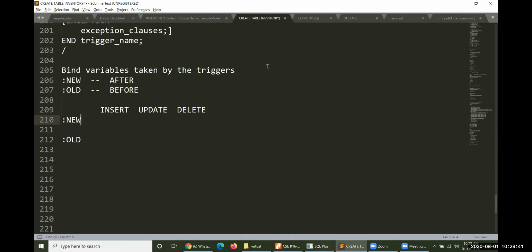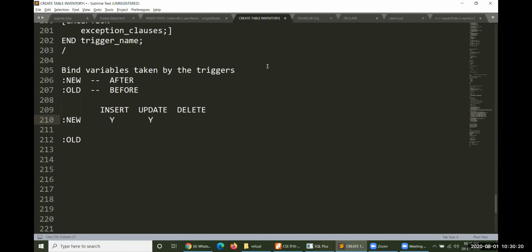So if colon new is taken for insertion, yes, a row will be created. If you operate insert, already some 20 rows are there in your table, you can create a 21st row. Yes, a new row has been created. That is the meaning. For updation, yes. Previously one value is there, previously my name had some change. I have updated, so yes, a new value is also available. For deletion, after deletion, will any new value be there?